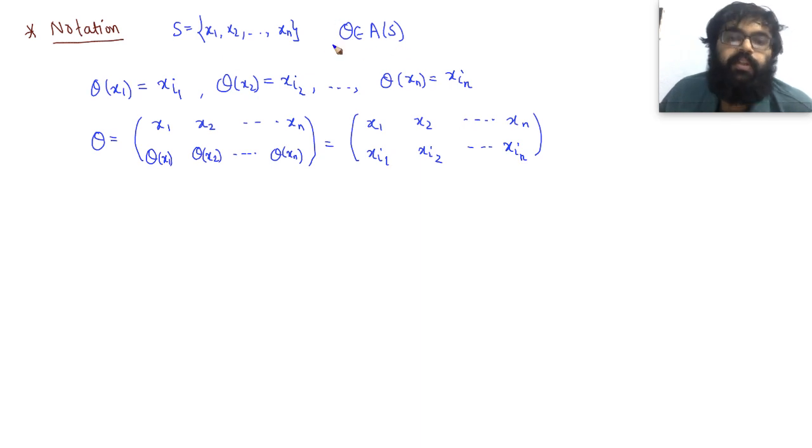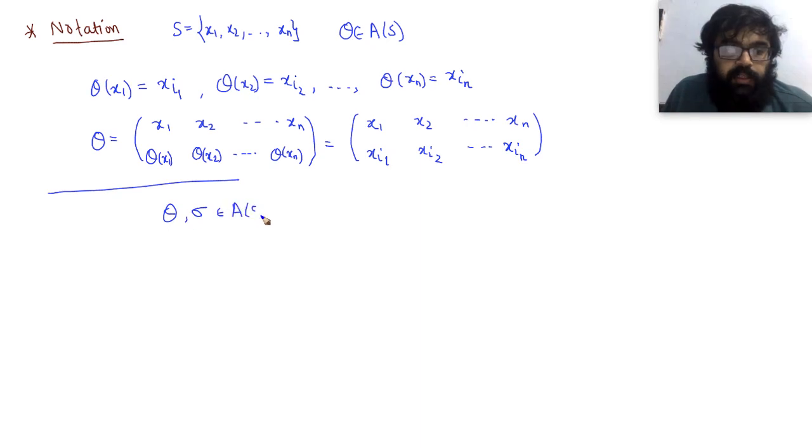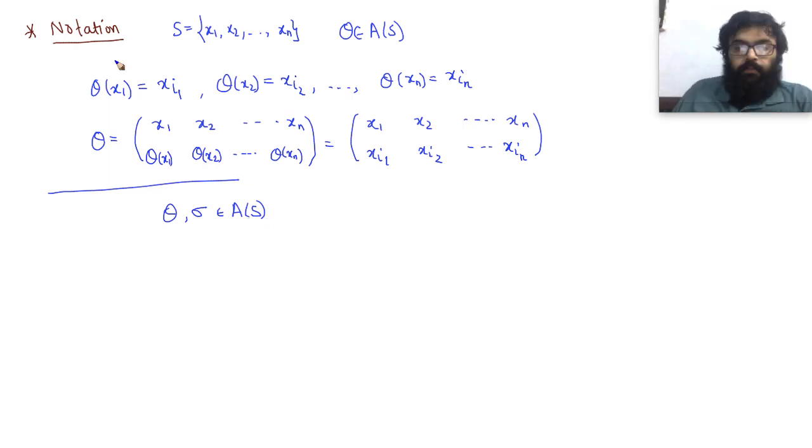S is a finite set, theta belongs to AS. So theta is a one-one function from x1, x2, up to xn onto the same set. This is how we write it, and this is called a permutation. With regard to this, we have fixed one notation. Suppose we have theta and sigma, two functions in AS, then how do we define the composition, and how do we write it in terms of permutation? So then we define the product as